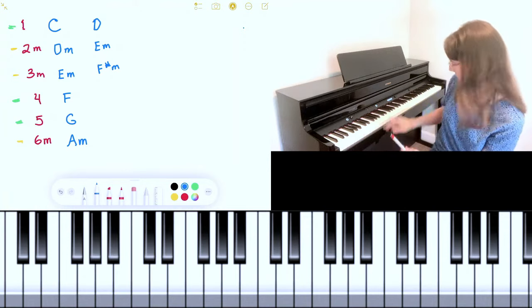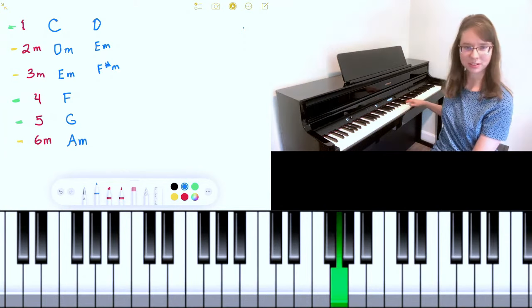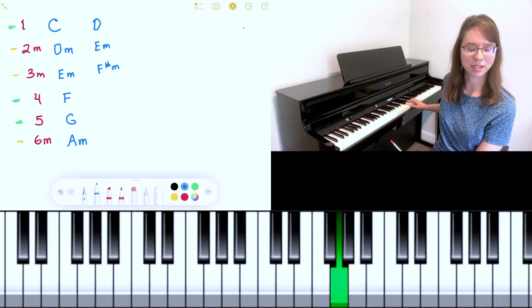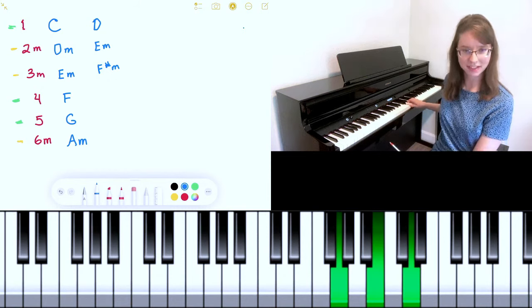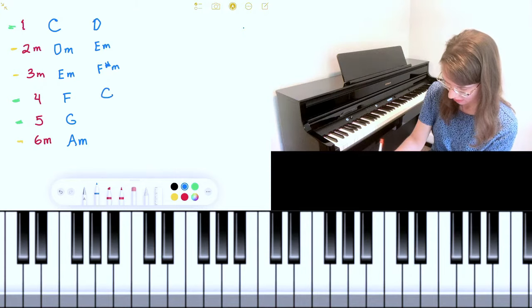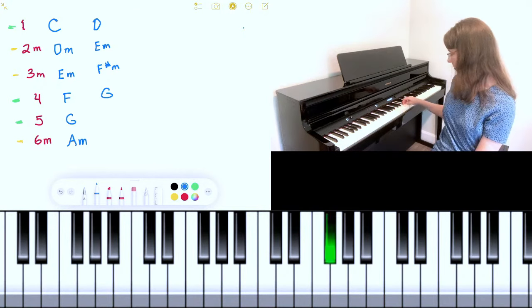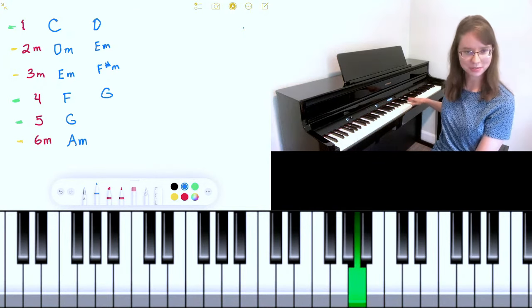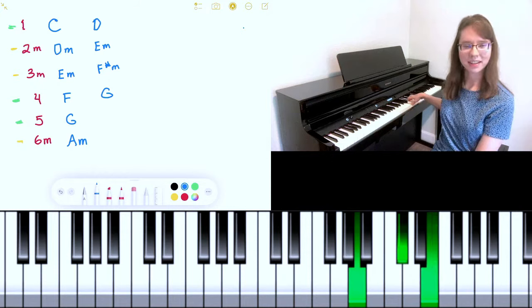Let's go to our 4 chord. 1, 2, 3, 4. Our 4 chord is G. We play every other note that's in the D scale, and we get a G chord. For our 5 chord, 1, 2, 3, 4, 5, we play every other note in the scale, and we get